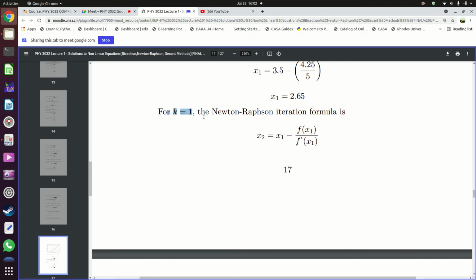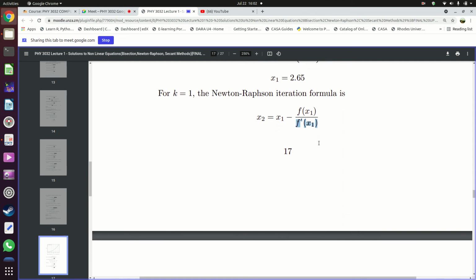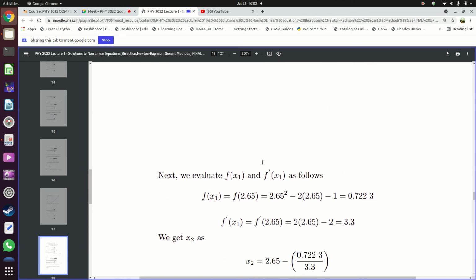For k equals 1, our Newton-Raphson method becomes x2 equals x1 minus the value of the function at x1 divided by the value of the derivative at x1. Our x1 is 2.65, so we work out the function. The value of the function at x1 is f of 2.65, that's 2.65 squared minus 2 times 2.65 minus 1. You end up with